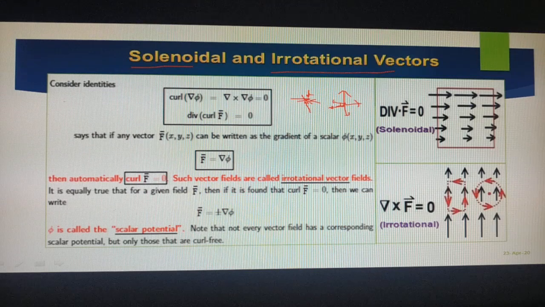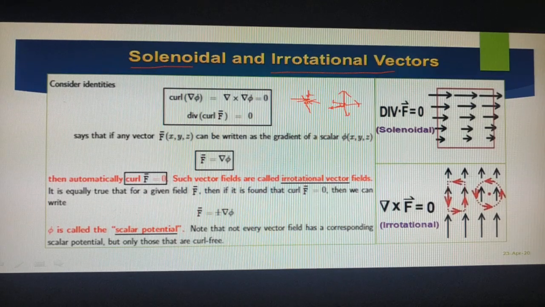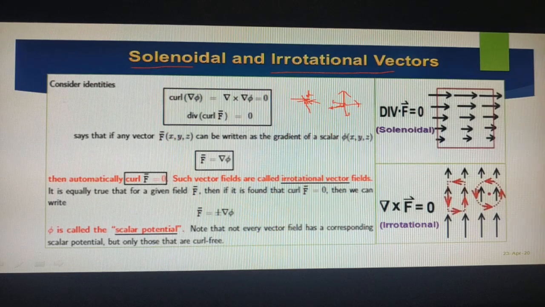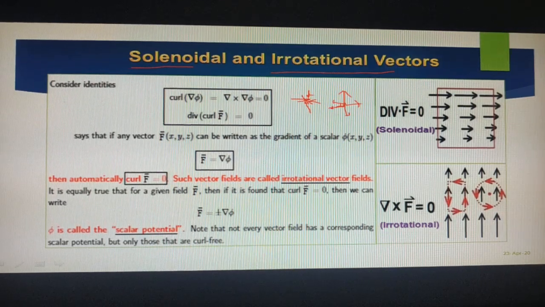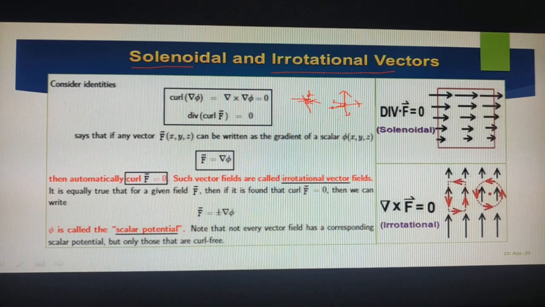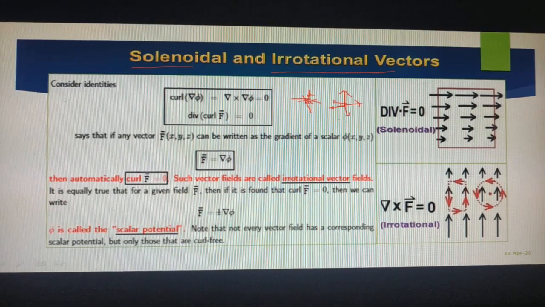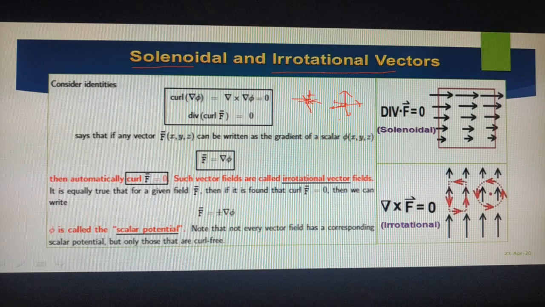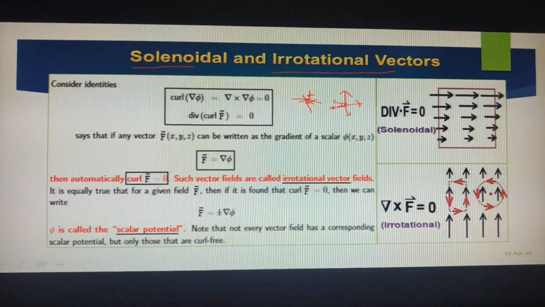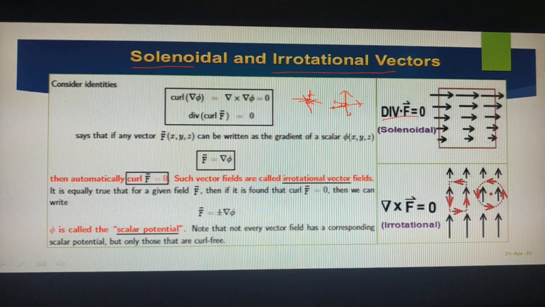When the vector at that point, the flux is coming from all the directions, the rate of that flux at that point, whether it is positive or negative, that we will consider as divergence. When it is positive, you can take it as a source. When it is negative, you can take it as a sink. If there is no change, then that means the divergence of F bar equals 0. So see here, divergence of F bar equals 0.